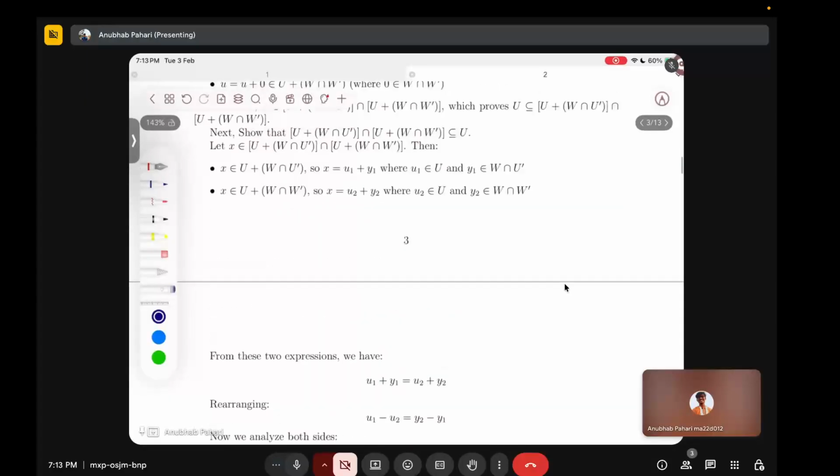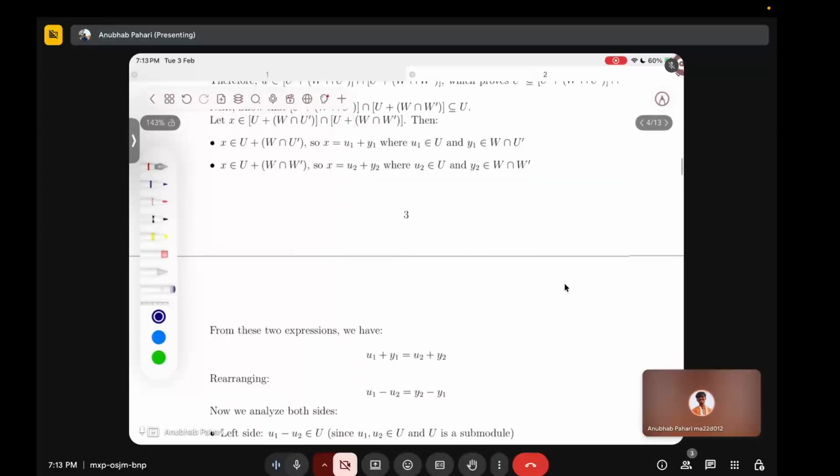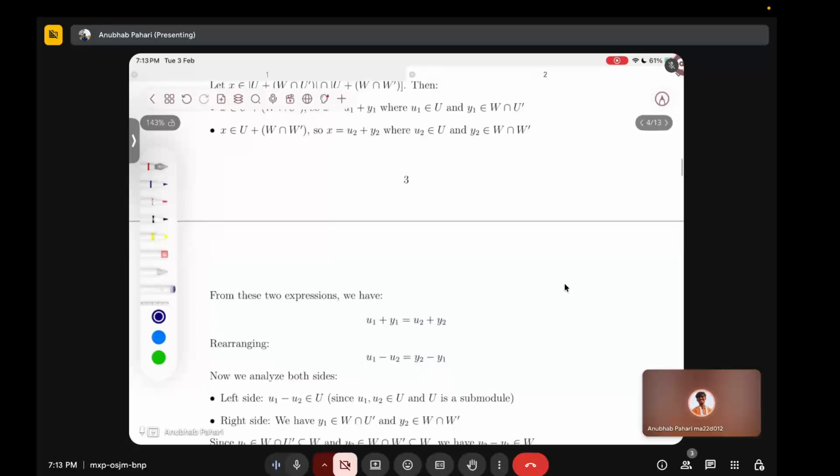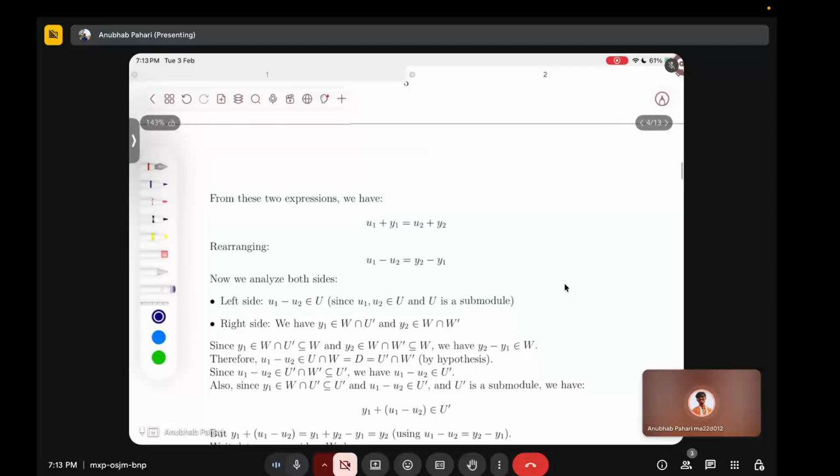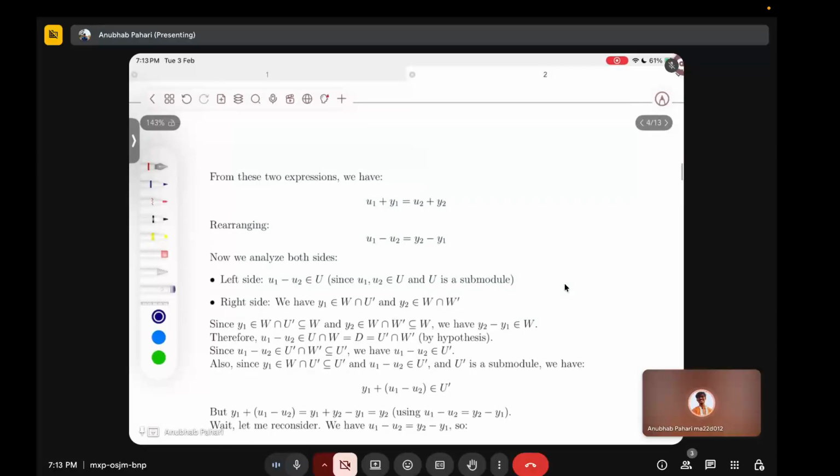Now from these two expressions we have that since they are equal, they satisfy this, and rearranging, I mean taking u to this side and y1 to this side, you will get this. And now we analyze both sides, that is u1 minus u2 belongs to u, right? Since both of them belong to u and u is a submodule. So therefore